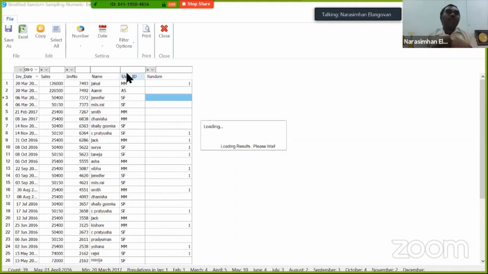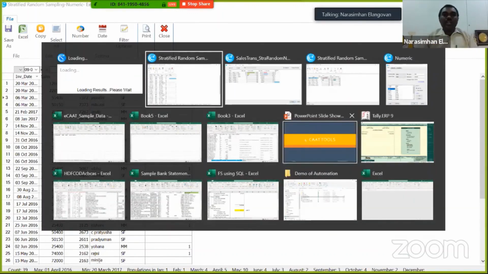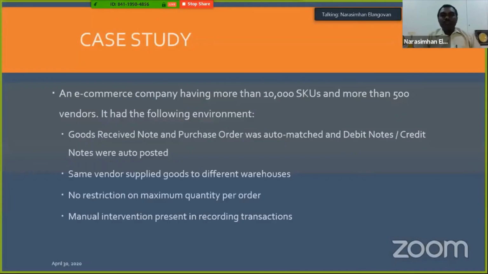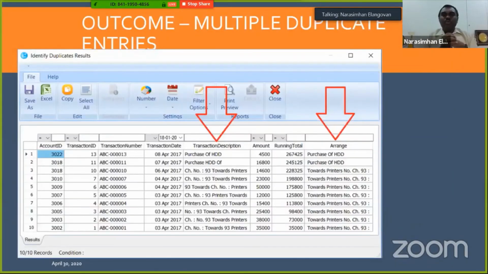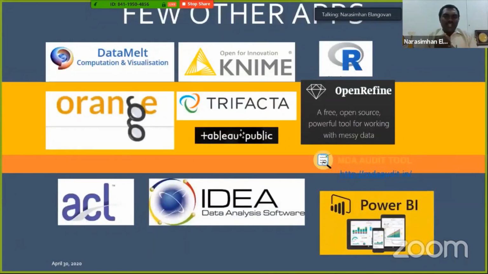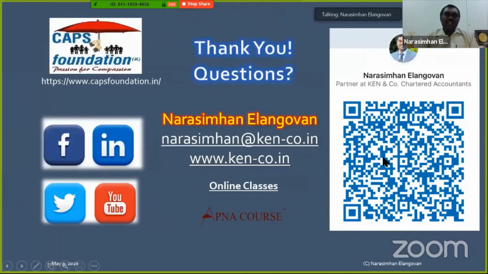So this is the power of CAT tools, how you can apply. In fact, CAT tools itself can do a whole lot of things, so I'll not spend too much time on this. This is what I intended to cover. This is just a case study that is only depending upon time. These are a few powerful tools which are available as CAT tools. One can go ahead and explore this. Many of these tools are available. It is left at your choice.